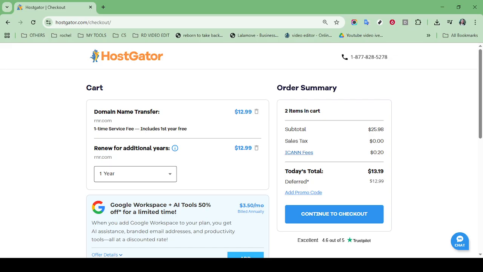Feel free to explore the various settings and features AWS has to offer to make the most out of your new domain home. And there you have it, transferring your domain from HostGator to AWS